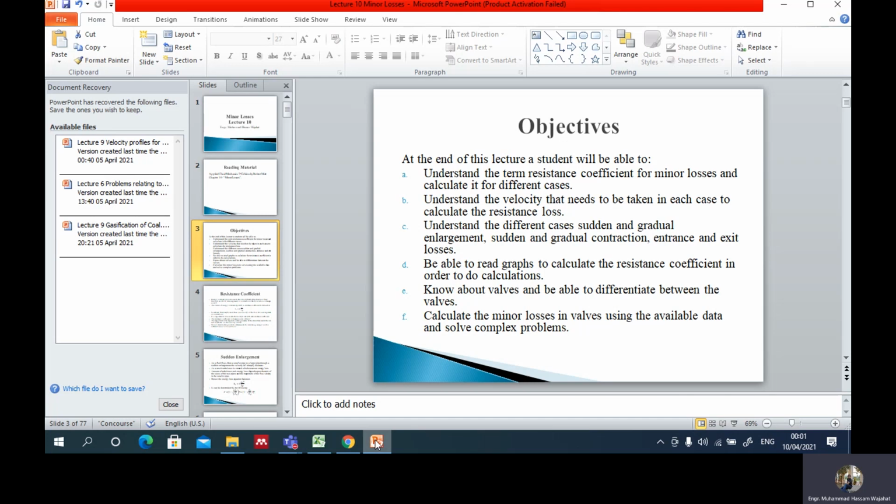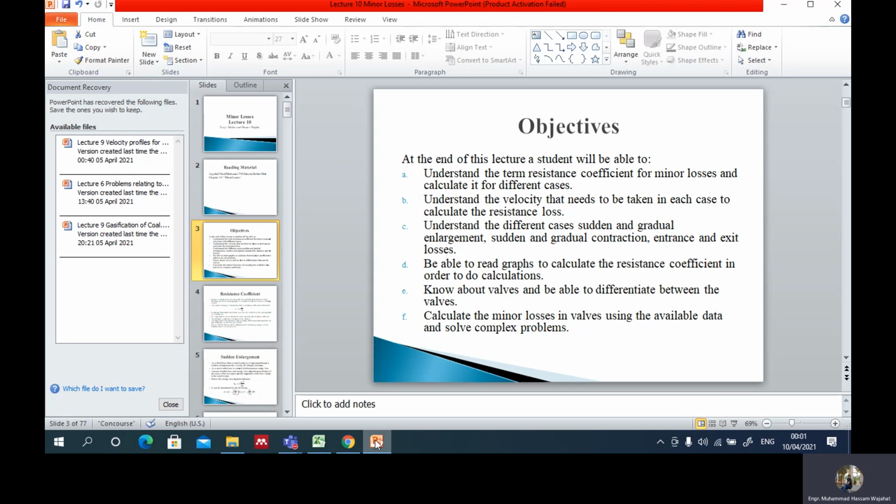देखें, जब हम velocity की बात करते हैं ना, तो हमारे पास several cases होते हैं. There is a small pipe, there is a large pipe. Obviously, I will go on about this in a bit. When you have two different pipes, there is more than one velocity because the diameter is different. So if the velocity is different for your particular case, you should know whether you should take the velocity of the smaller pipe or the larger pipe. यानी आपने velocity छोटे pipe की लेनी है या बड़े pipe की लेनी है. ये किस तरह हम demarcate करते हैं, हम आपको अभी बताएंगे.